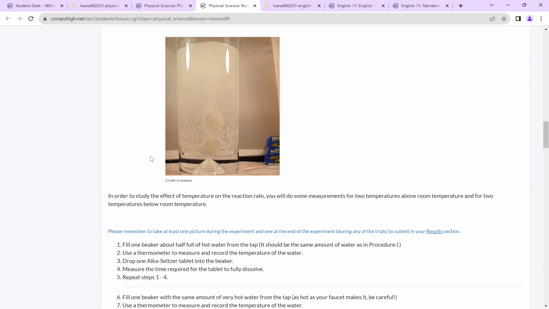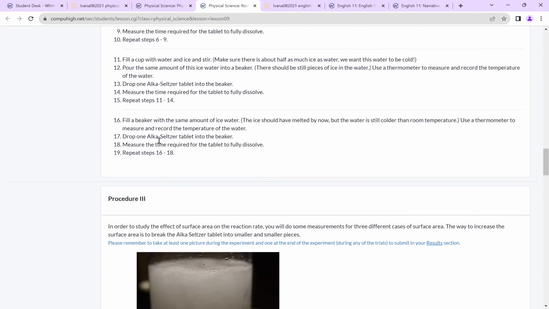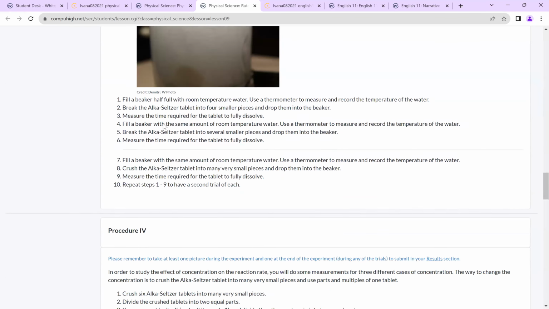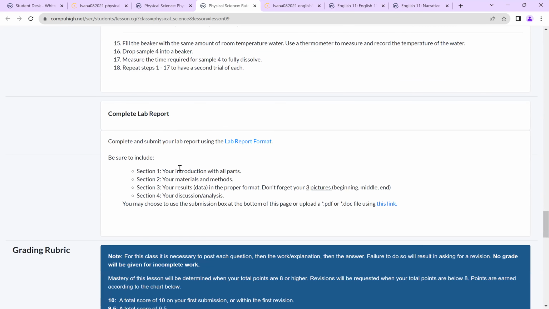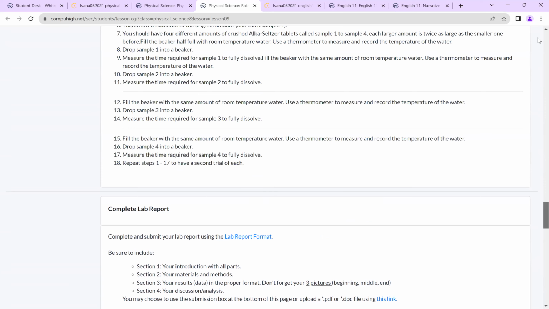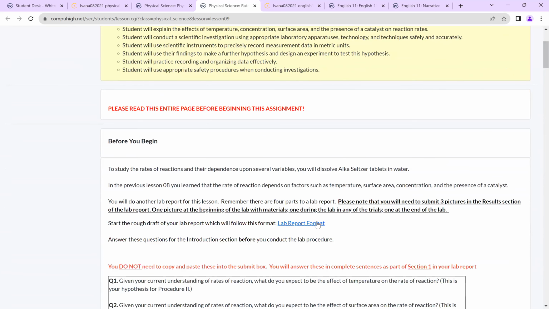Well, I already have to take the photos for lesson 6. I might as well get the Alka-Seltzer today and try it out, you know? Sure. So the way we did this last time is, this one really does require the full lab report. So let's go grab that again.